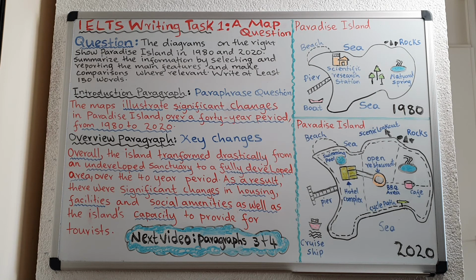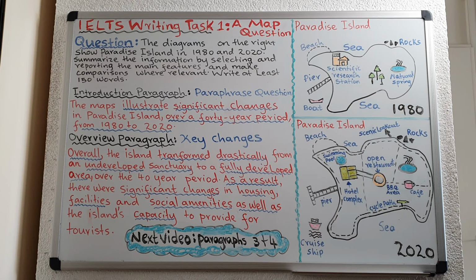In the first map, there are no facilities. But in the second map, you have facilities and you also have social amenities. For example, you have a restaurant, you have a swimming pool, you have a barbecue area, you have a cafe, you have a cruise ship, you even have a scenic lookout. So there have been significant changes in housing, facilities, and social amenities, as well as